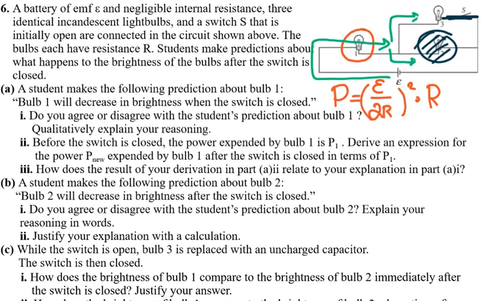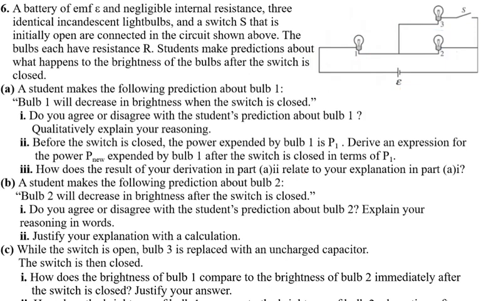So when the current is flowing through the first resistor, as soon as the switch is closed, the current through bulb 1 is higher than it's going to be through 2,